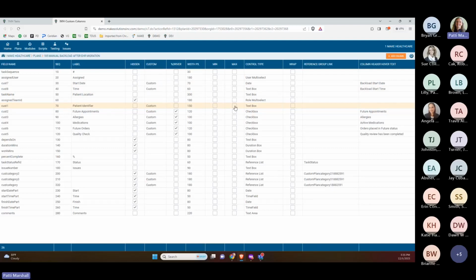So for your check boxes, you might want to say that you want them all to be 60, and you might want to set that as the maximum. And then it's not going to take up